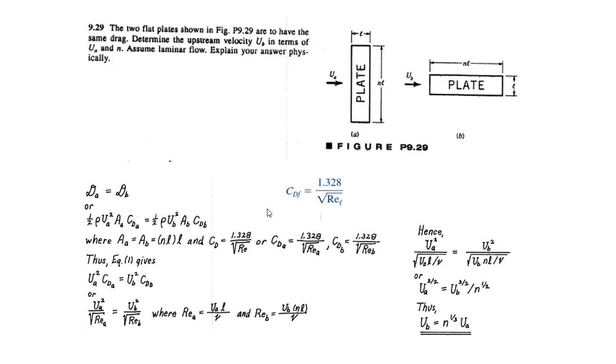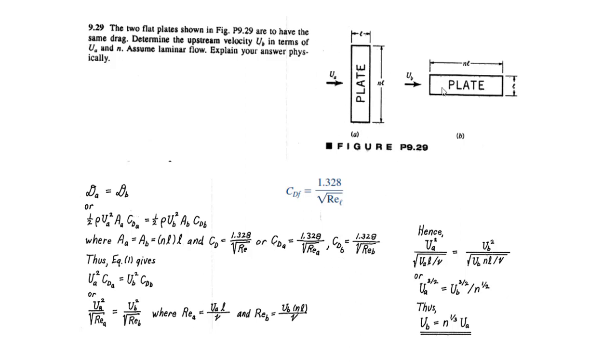अच्छा, ओके, आगे जब बढ़ते हैं, we know that the CD, the drag coefficient due to friction because this is a flat plate, is 1.328 upon square root of Reynolds number. So this relation is coming from the book. If you can check in the respective part of the book to get this value. This is for the laminar flow drag coefficient. So drag coefficient की value क्या है? 1.328 upon square root of Reynolds number. और for both cases the drag coefficient will be different because the Reynolds number की value